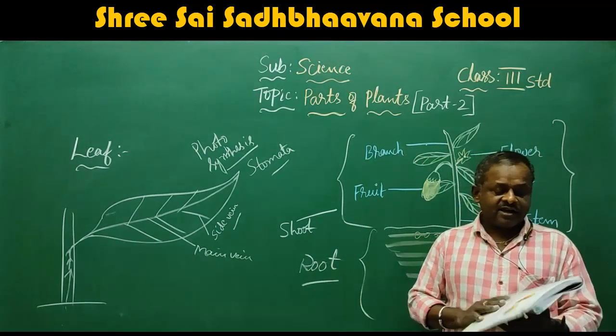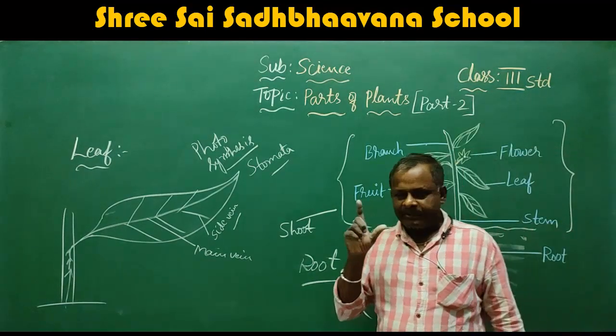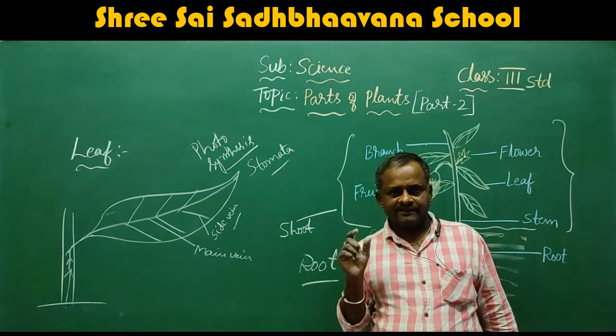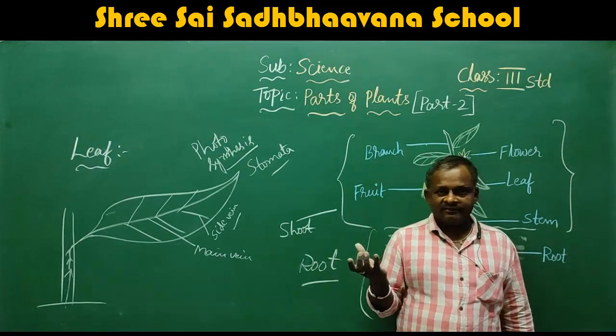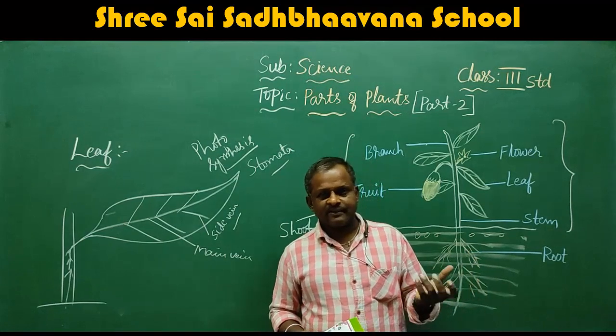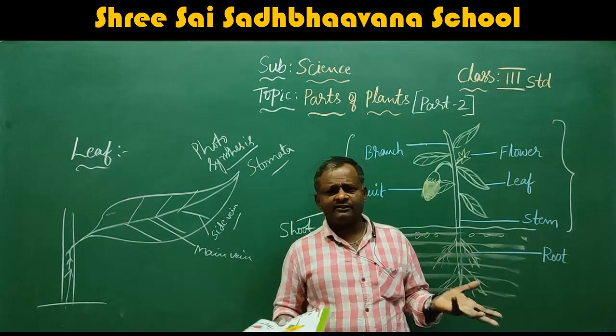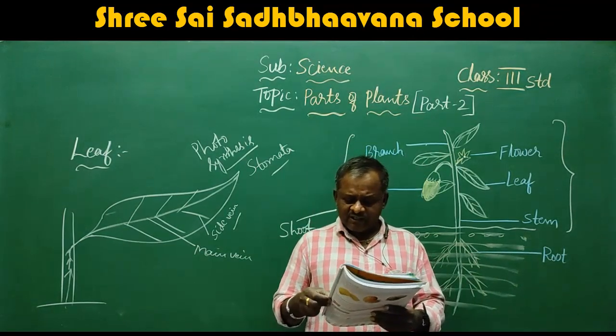That means the flower is the most beautiful part. We are attracted to plants by their flowers. If the flowers are blooming, we see how beautiful they are. For example, the rose, all the flowers are beautiful. Okay. Next, what is the function of the